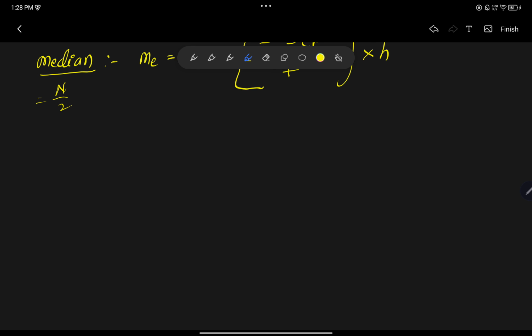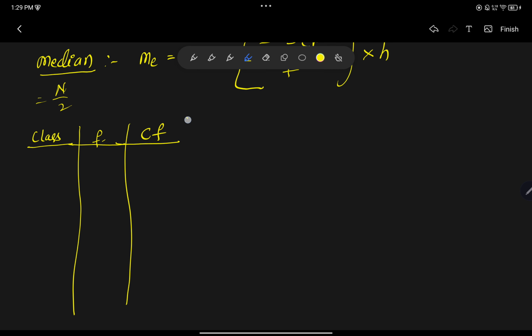Okay, done. So now, the first question is wages, right? First, we will put the wages into classes. Next, we will put in the frequency. Frequency they have given directly. For calculating the median, what do we need? We don't need X. We need CF. We need X only for calculating the mean. For calculating the median, we don't need X. We need CF. So the classes are 0 to 20, 20 to 40, 40 to 60, 60 to 80, 80